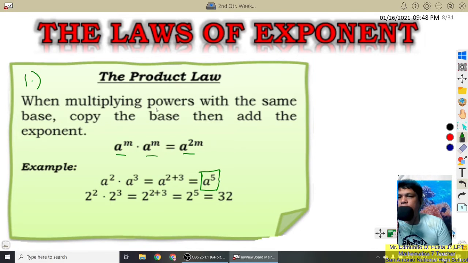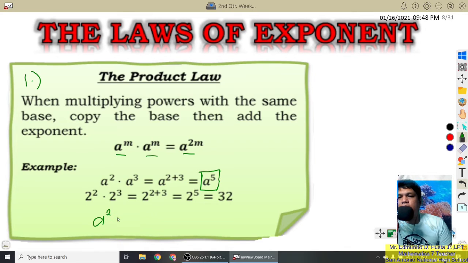Now, simply put, in Tagalog, kapag nakakita ka ng parehas na base, anong gagawin natin sa parehas na base? I-add, pag minultiply. You're going to add the exponents if they have the same base. Common mistakes,